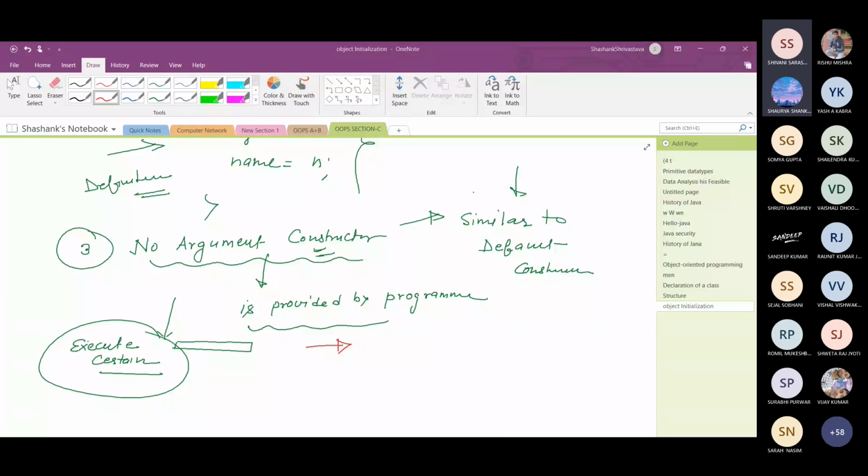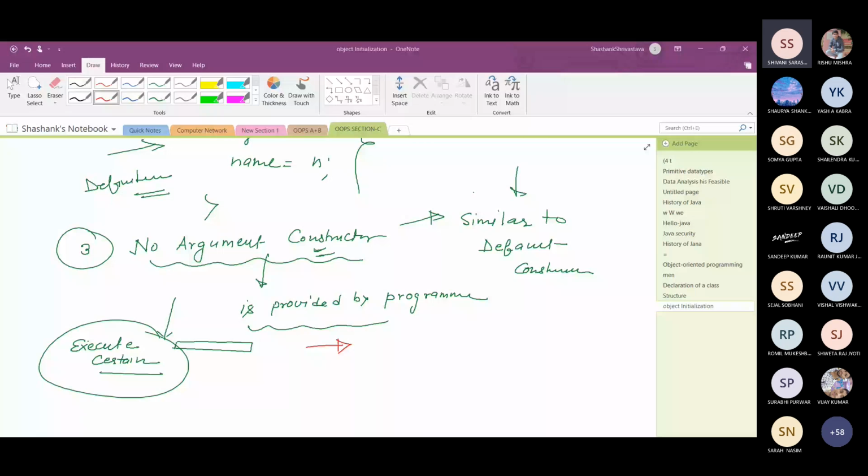Okay, so tell me, can a constructor be private? Can we declare a constructor as a private constructor? The mic went off again. Lokesh Kumar. Yes sir. You tell me. Yes sir, we can declare a constructor as private. What is the significance of that?